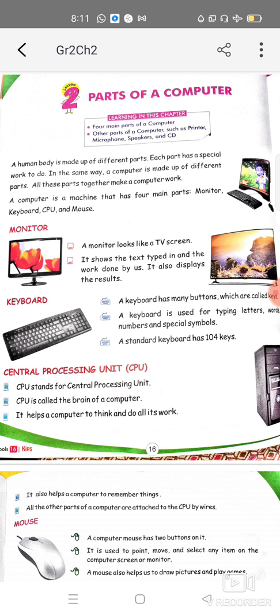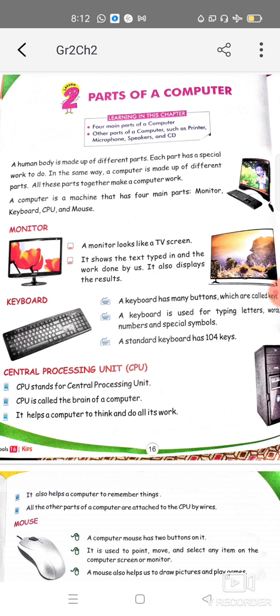So for accepting data from the user, meaning the person who is using the system, the computer needs input devices. For the processing part there are some devices also, like the CPU is the processing part. And after processing, for giving the output, the computer needs output devices. So the monitor is one of the very important output devices.